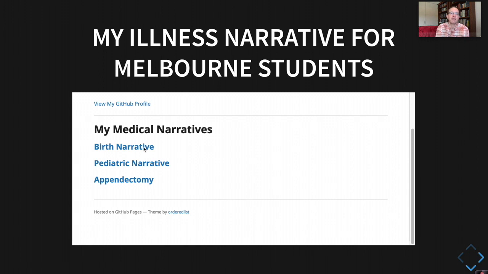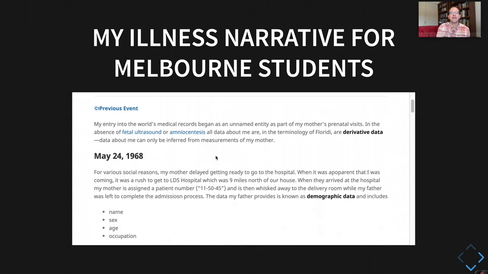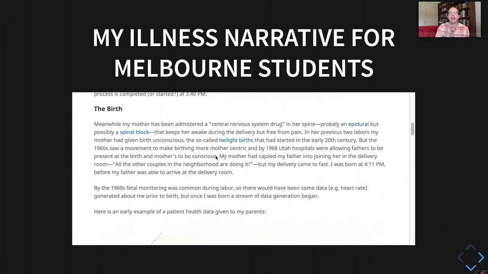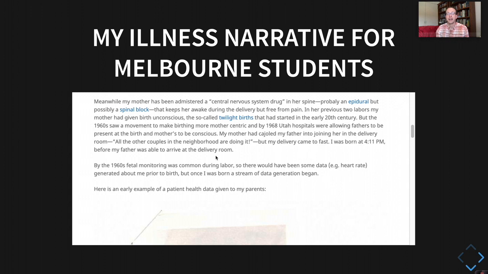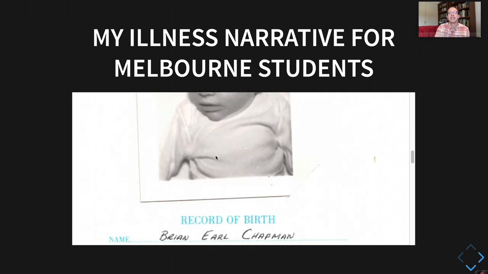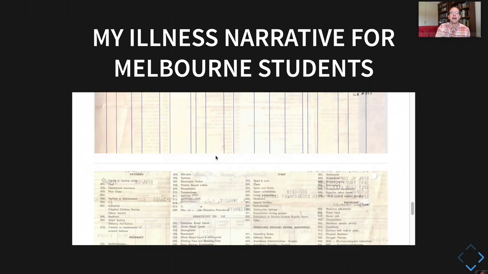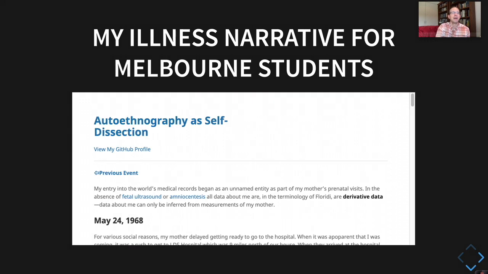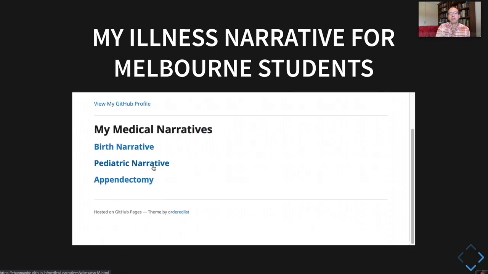At this point, I just have three, and I start with a birth narrative, where I talk about what kinds of data are generated and that we as a community decide to record, and use my narrative a little bit to look at how birthing has changed. Then I compare my experiences to contemporary births and births of people from third world countries, etc. And so I have my little birth picture and the bill from my birth, and I have another one.